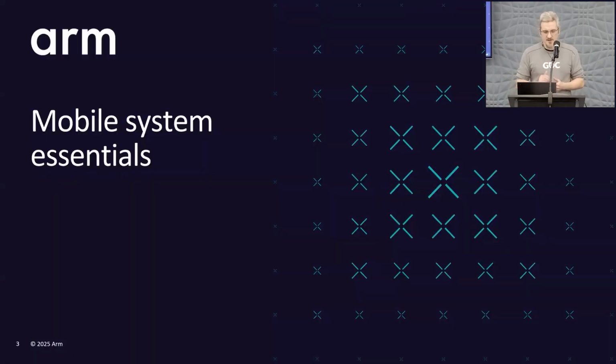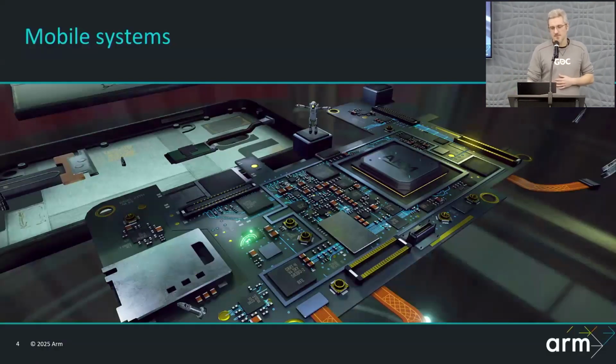So let's start by looking at what makes a mobile system a mobile system. We're making small, light, battery-powered devices. The motherboard for a mobile phone is about the same size as a stick of chewing gum, and it's got stuff on both sides. It's super, super condensed electronics,